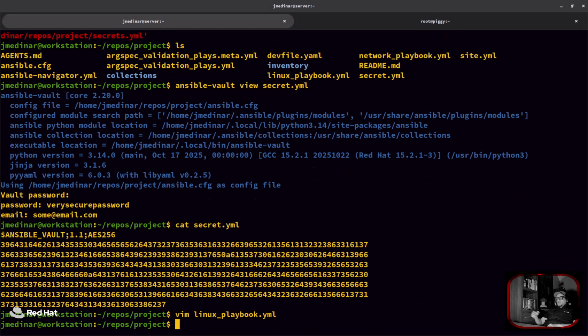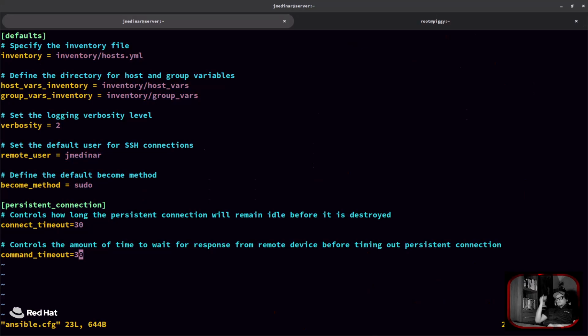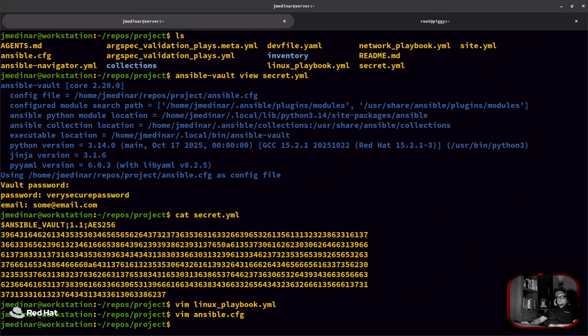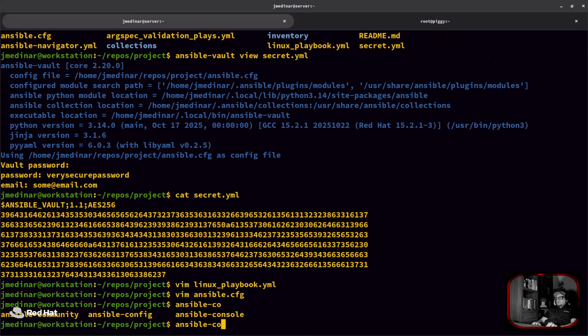When we run, we execute, and we pass the option to ask for the secret password or the vault password. Now, when we take a look at the Ansible configuration, let's look at ansible.cfg, we can see all of the things that have been configured. Now, those are not all the options. There are many options that we can use. If we want to list all the possible configurations, we can use another tool from the Ansible